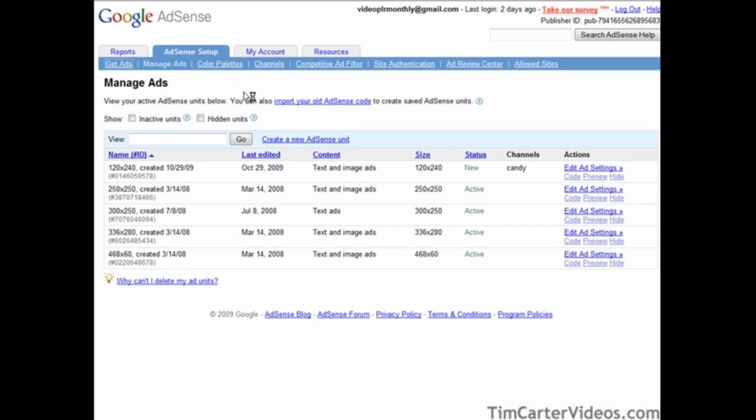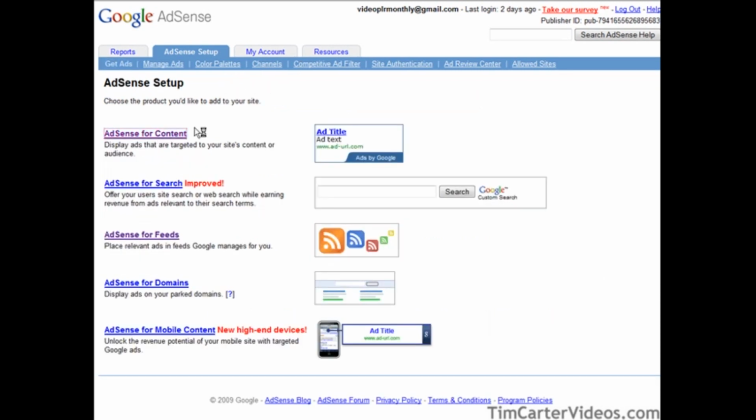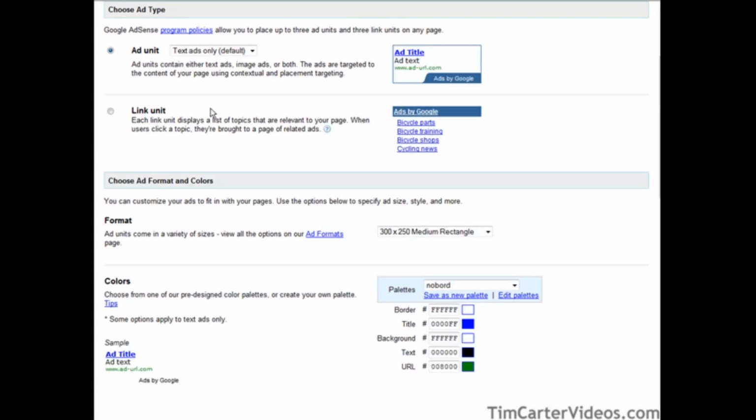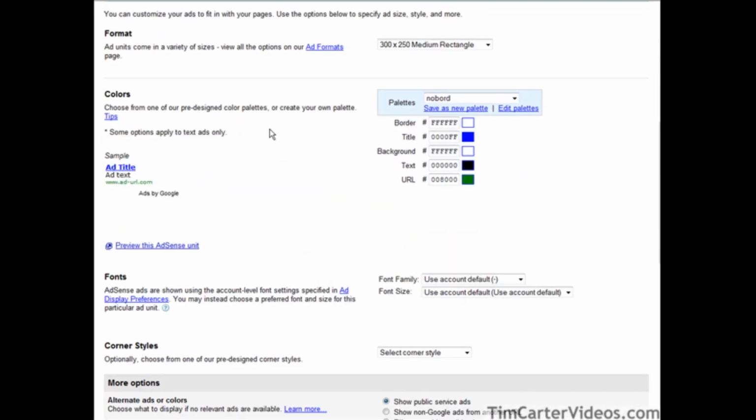Okay, so we'll create another ad here. And we can just do this on single page. It's a little easier, I think. Okay, so then again here, we set up what we want here. So we're going to use a medium rectangle, and